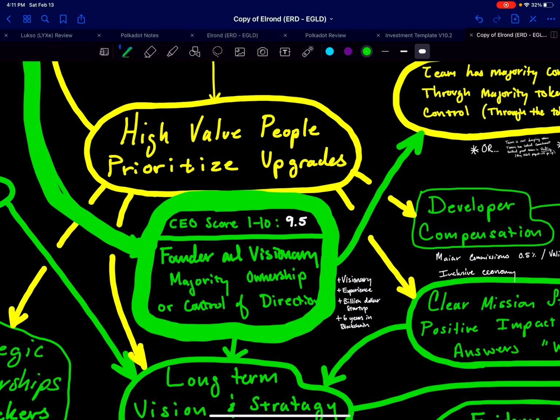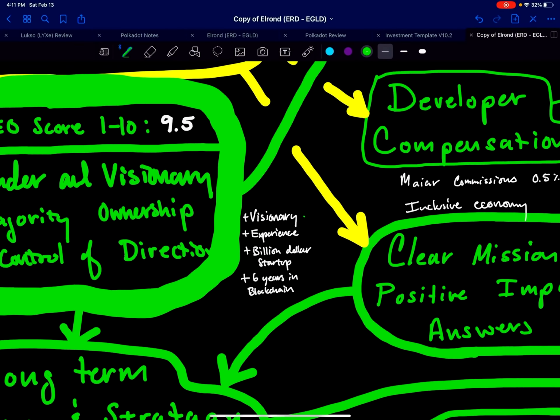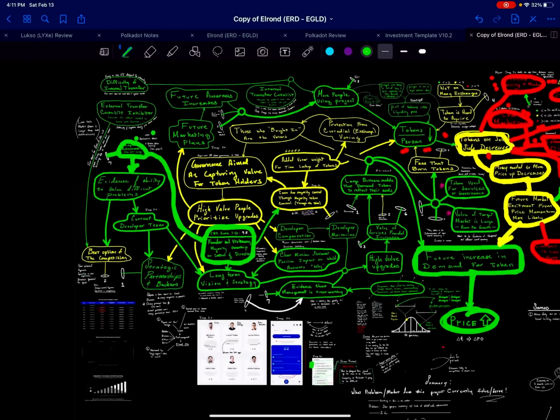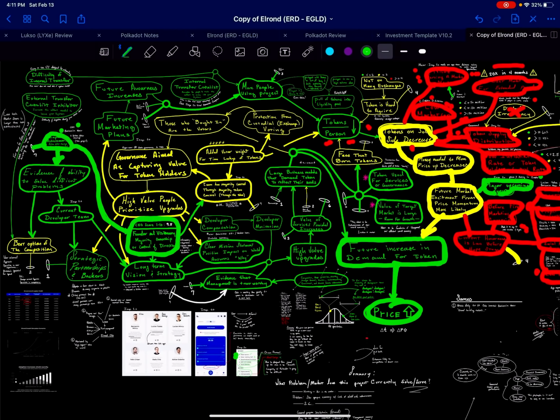Taking this project from where it was to a $1 billion valuation is no easy feat. So he is a visionary. I like what he says. He actually sounds like me in a lot of ways, which makes me a little more biased towards this project. He has a lot of experience. He comes from the NEM background. I'll actually get specifically into that in a minute. He has a $1 billion startup, which is this, and he has 6+ years of blockchain experience. I'll get to the team in a minute. Okay, so